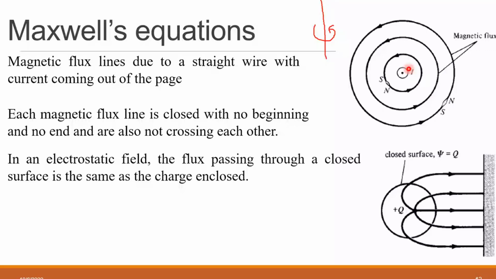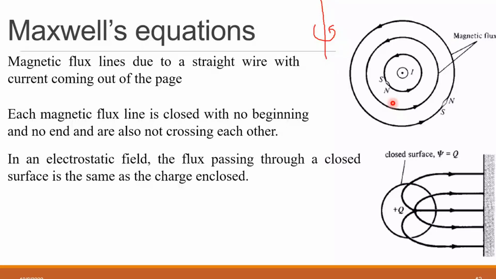So the direction of this magnetic flux density or magnetic field intensity is in this direction. Okay, it is anti-clockwise. And the lines are circular in shape. Each magnetic flux line has a closed path with no beginning and no end, and the lines are also not crossing each other. See, all the lines have circular paths. So this indicates the flux or magnetic field intensity nearby the current carrying filament, and the magnetic flux lines are shown as circular paths.